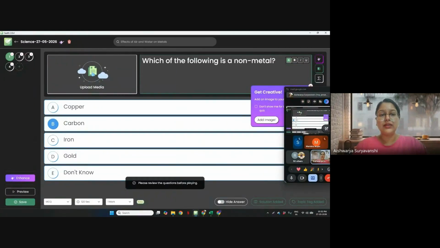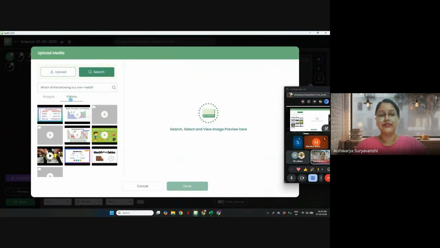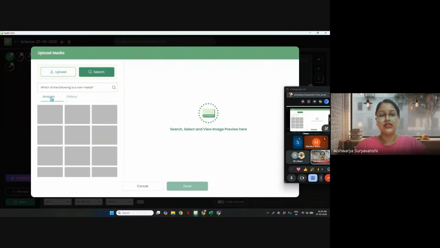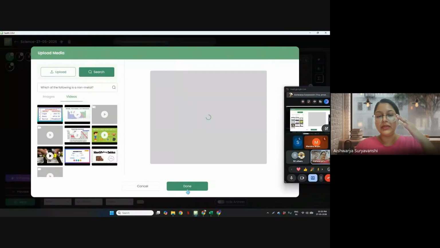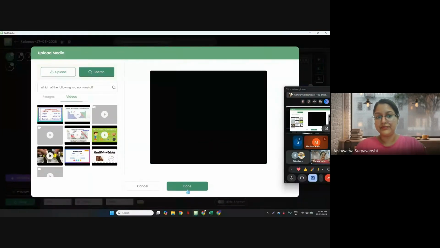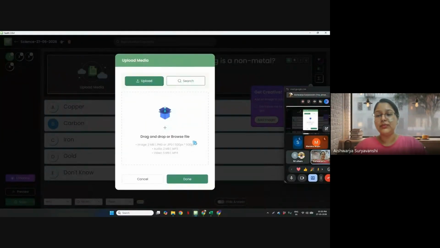Now if I click on the upload media button, I get images and videos options. Whichever video feels more relevant, I can select, and that video can be added within the question. If you do not want to use the videos suggested by this Genie, then you have the upload button over here and you can upload your own videos from here as well.